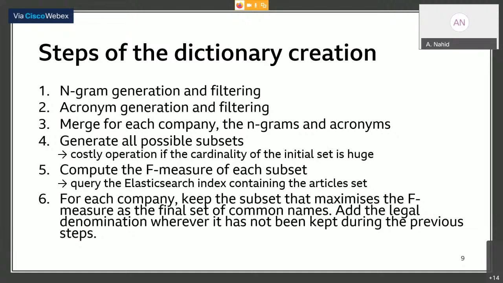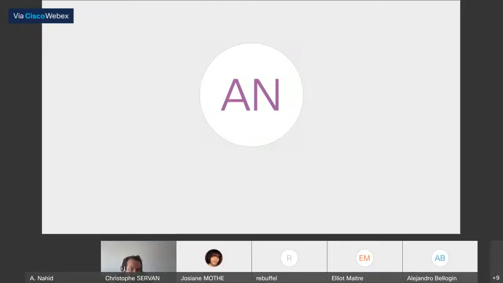As for the n-gram generation and filtering, what is an n-gram? An n-gram is for us a continuous sequence of n items from a given text. For example, if we have Électricité de France, the possible n-grams would be Électricité de France or Électricité de, etc. But we'd never have